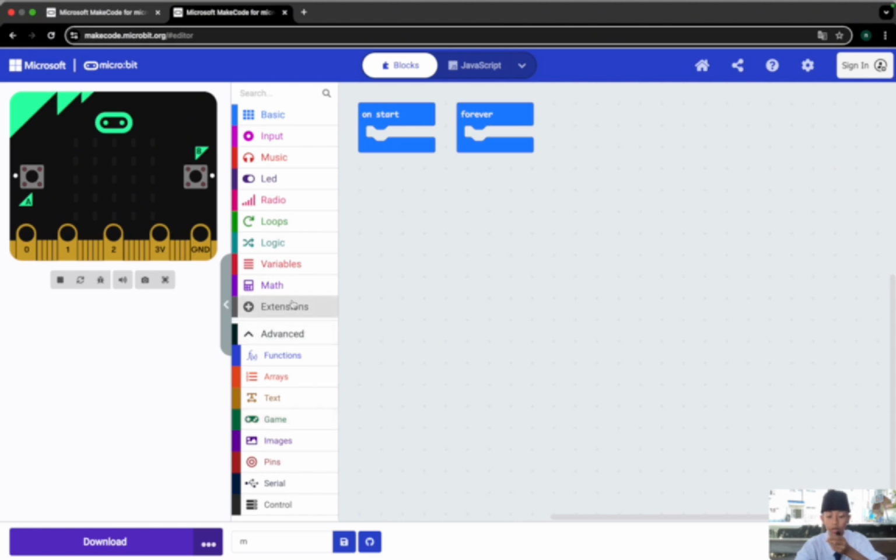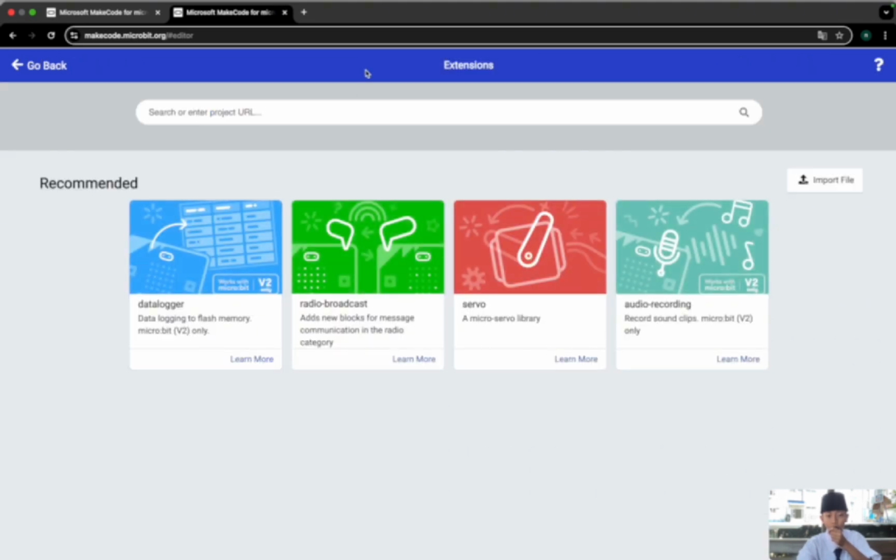Because of that we need to add it first in extension. Here we click and we can search or enter a link URL.